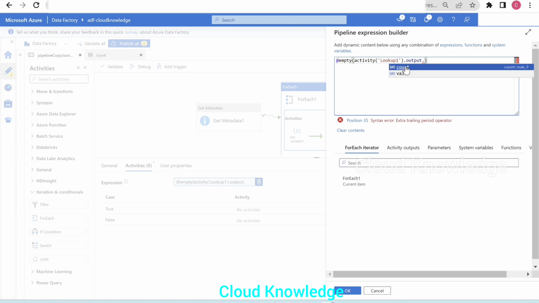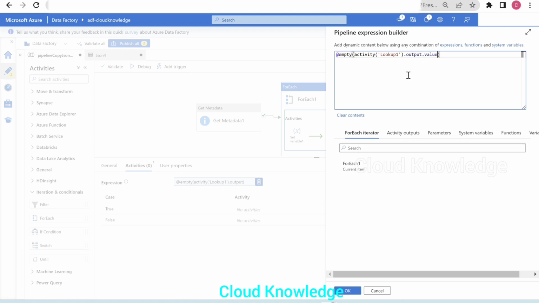As I've already told you, count will not help us in understanding whether the file is empty or not, so we'll take value, and from this value we'll take the array index 0. So what happens is that if the array index 0 is empty, it will consider it as an empty file. It will go into the true case. Okay, so we have defined using the empty collection function lookup activity output value 0. Okay, so this is done. We'll click on OK.